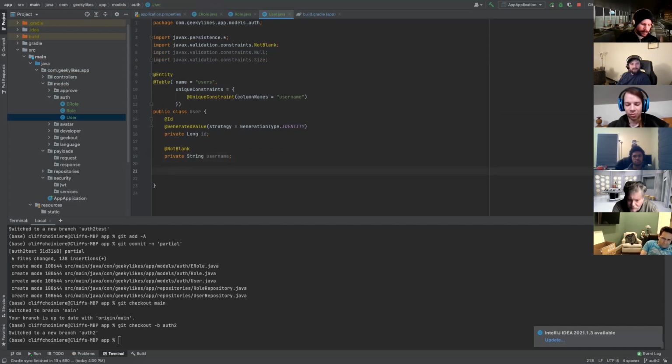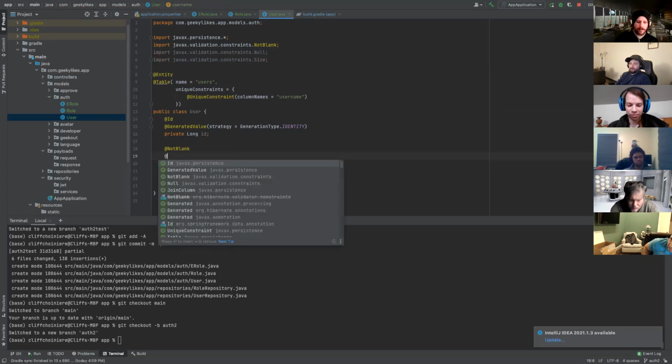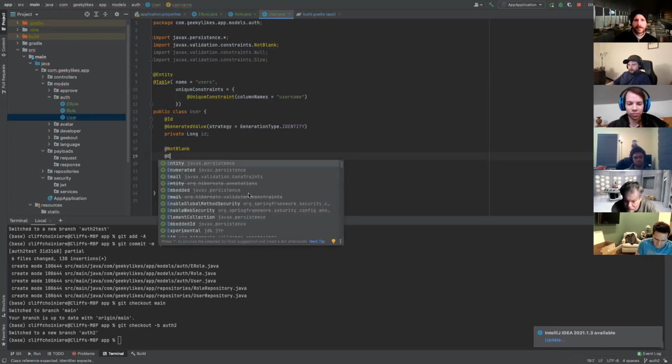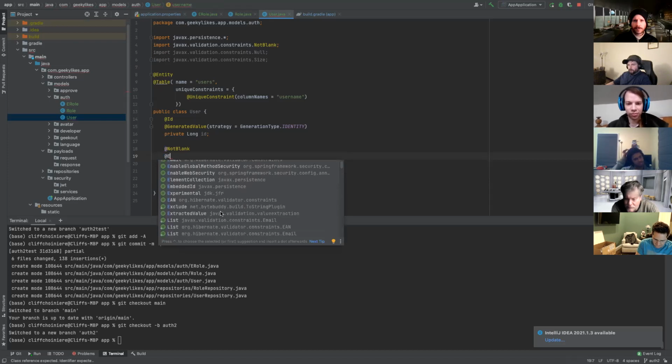It'd be different if it was a raw username. Exactly. We do want to make sure that this is an email account. So we do have this as well. We have an @email annotation thanks to validation. They have a bunch of validations in there. So I wish I looked through more, but